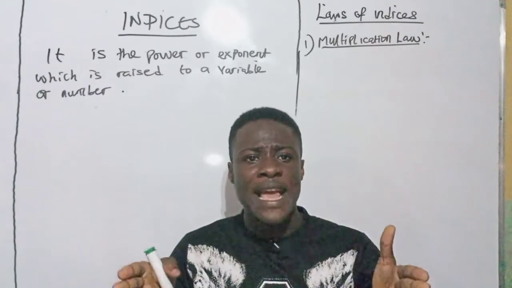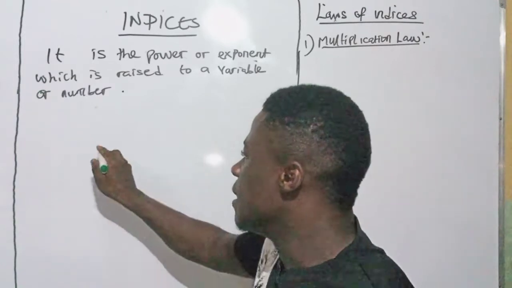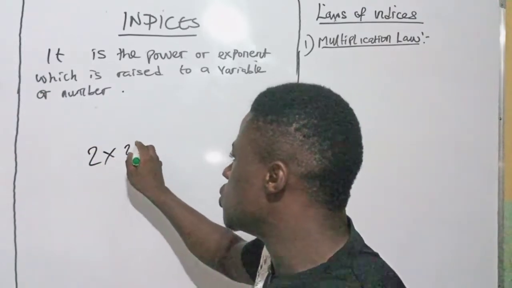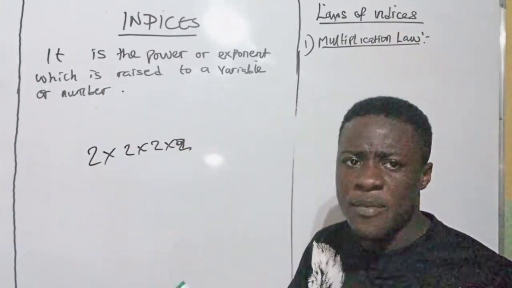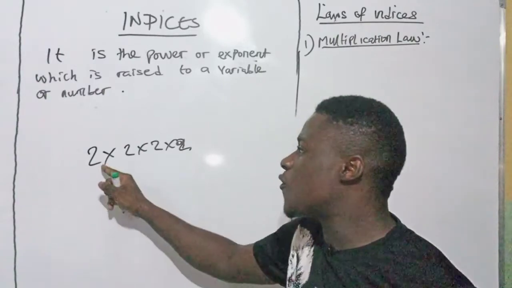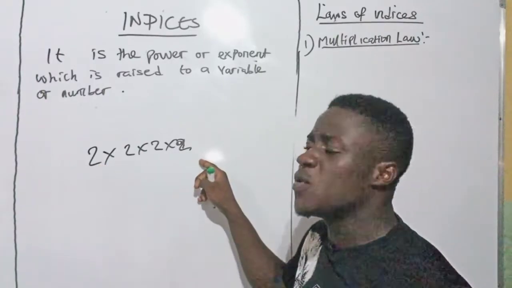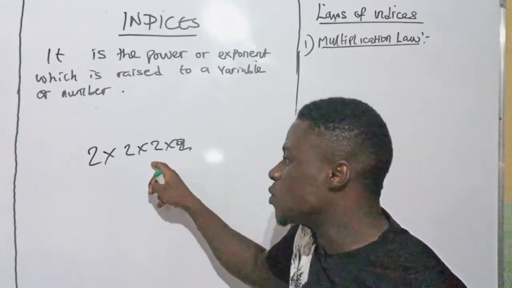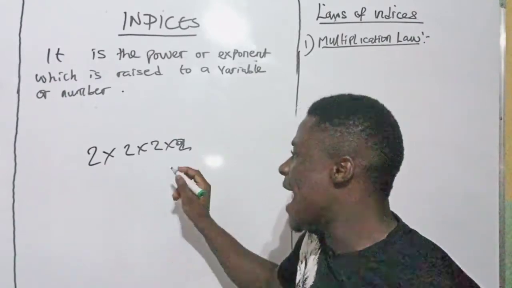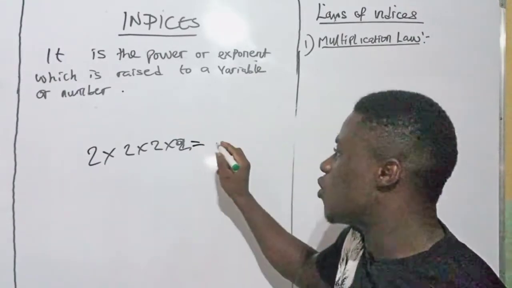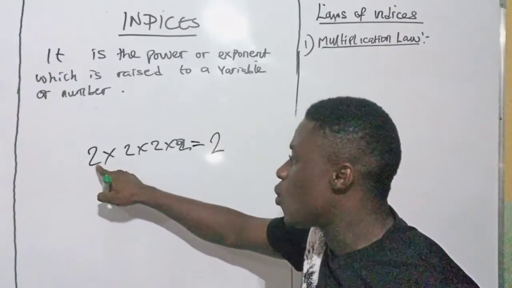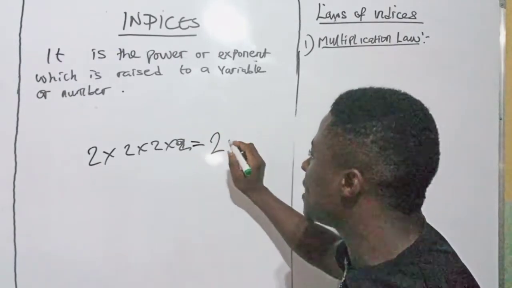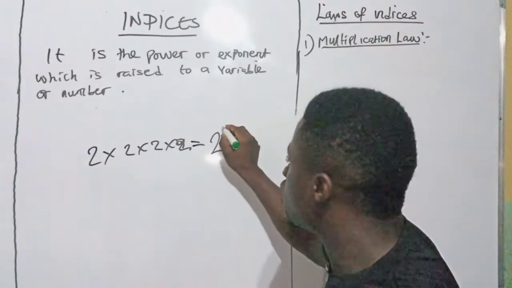Expressing the product of like numbers in the form 2 times 2 times 2 times 2 can be time consuming. So instead of wasting my time writing the product of repeated 2's in this form, I can simply compress it to have 2 raised to power what? How many times am I having the 2's here? 1, 2, 3, 4. I can easily compress it to have 2 raised to power